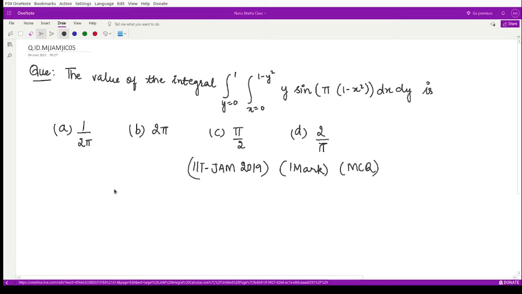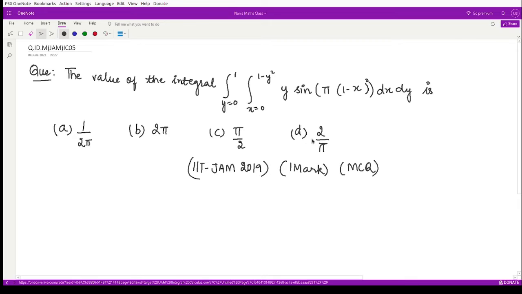The question here is that you have to calculate the value of the integration from y varying from 0 to 1, x varying from 0 to 1 minus y square, y sine pi 1 minus x whole square dx dy. I'm sorry, here it should not be x square, it should be 1 minus x whole square. So 1 minus x whole square dx dy. This is equal to which of these four